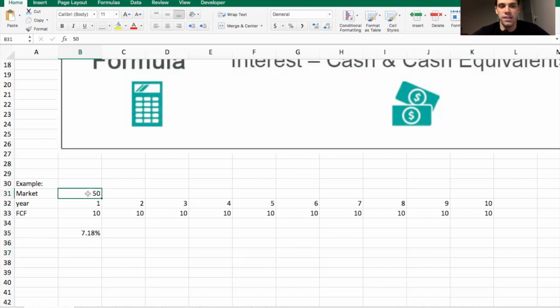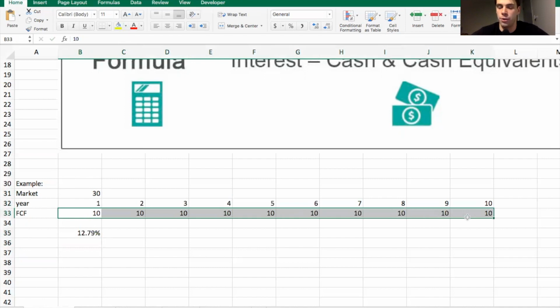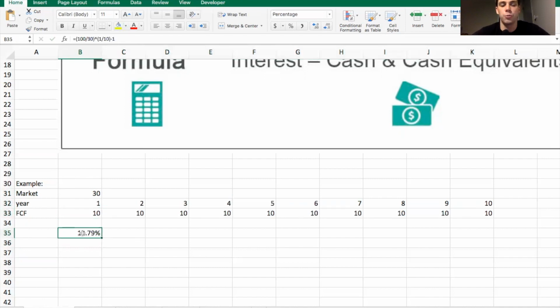But then let's say the next day it goes down to $30. Now, you're only paying $30. We would change this again for the exact same future stream of cash flow, $10 a year every year for the next 10 years. Now your return goes up because you're paying a lower price. If you want to increase the potential return you can earn on an investment, you have to pay a lower price for it. So whenever you hear someone say any investment is the present value of future cash flows, they're referring to this,